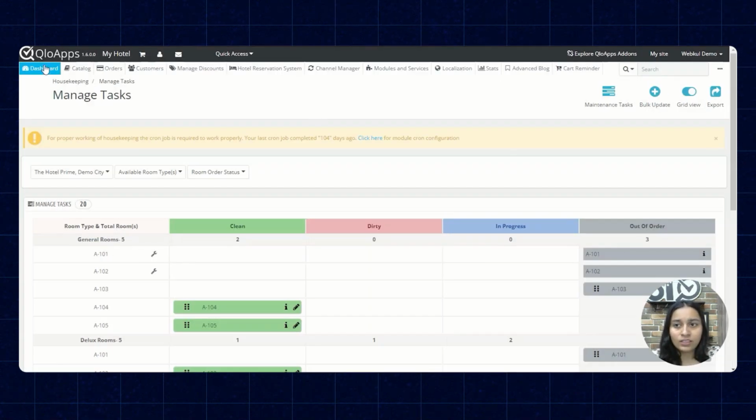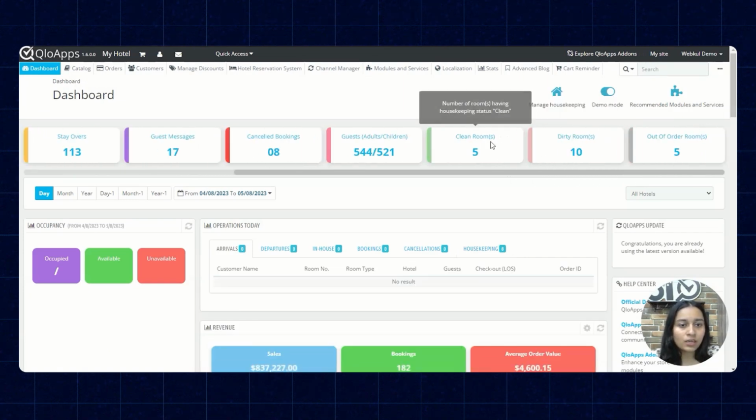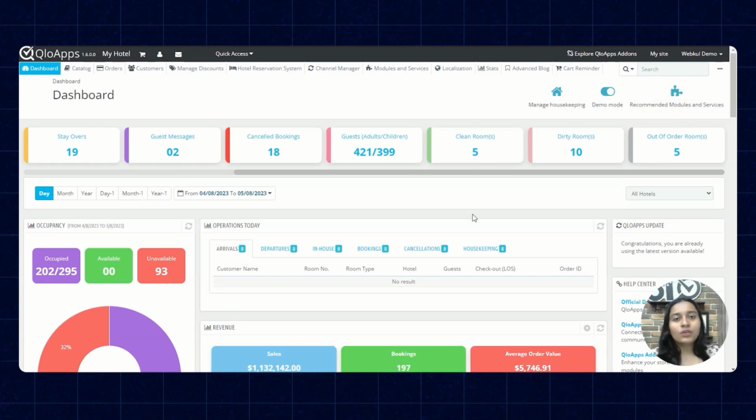Apart from that, on the dashboard, you can also see the number of rooms which are clean, dirty and out of order, so that you can continuously monitor your housekeeping status of all the rooms and manage a count of number of rooms which are under a specific housekeeping status. So this is how you can monitor the housekeeping status of rooms from your dashboard as well.